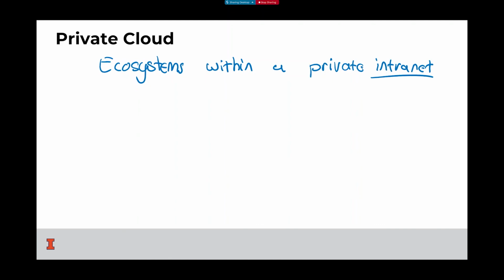So private intranets are anything that just exists to a community within the doors, within the walls of an institution. So for example, here at U of I, we have a huge private cloud. If you're not inside of U of I, you can't access